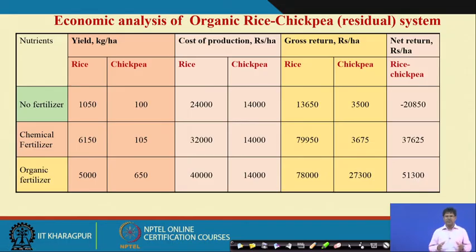The point is that when you go for crop planning and rotation design, you should keep in mind the type of crops you choose at the beginning, in the transition period, before you target the main crops. In the transition period, take crops which require low nutrients and less maintenance, and which can suppress weed growth. In that way, we can build the soil fertility for your main crops, and different crop combinations should also be chosen. If you go for the economic analysis, you can see that organic farming, with proper scientific management, will definitely give better returns as compared to